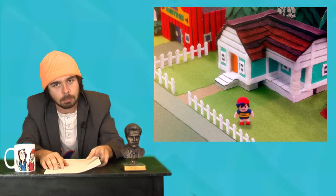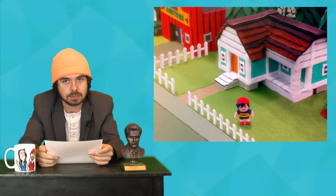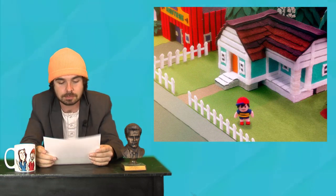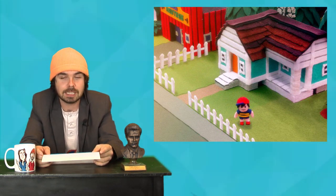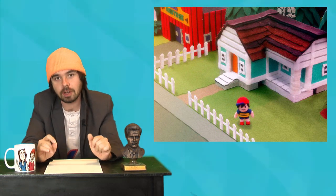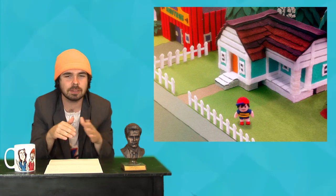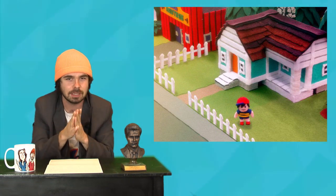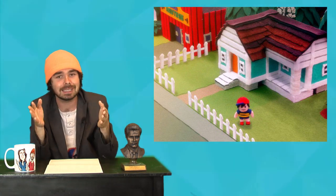But the GameCube mock-ups that I saw, they weren't screenshots or footage. This never went into production in any way, shape, or form. But the person who pitched it, Yasuyuki Hone, made some little mock-ups of what he thought the game should look like, and it looked so fucking cool. It was made all crafty, like Yoshi's Crafted World, I guess, or like the original Earthbound artwork, kind of a claymation style. It looked like that, and I was like, dude, oh my god, if you guys made it look like that,